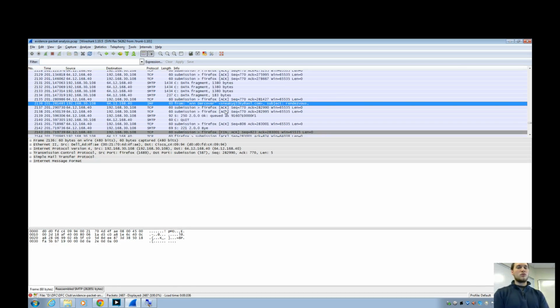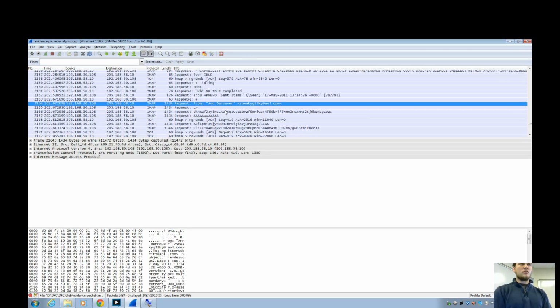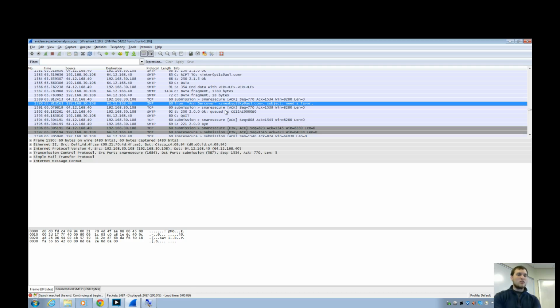We're back to a different one. So what we're looking at now, get back to the packet number 1590. So we're looking at 3 packets with the 64 IP address,